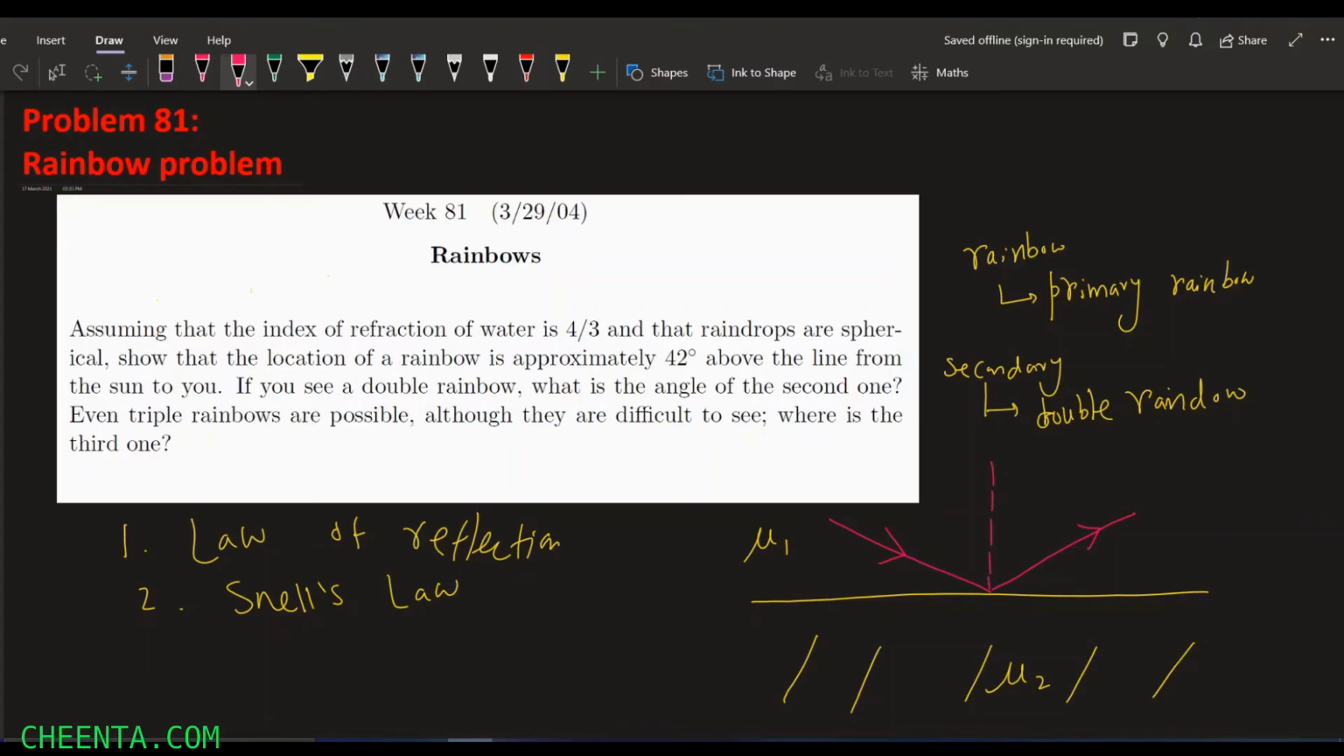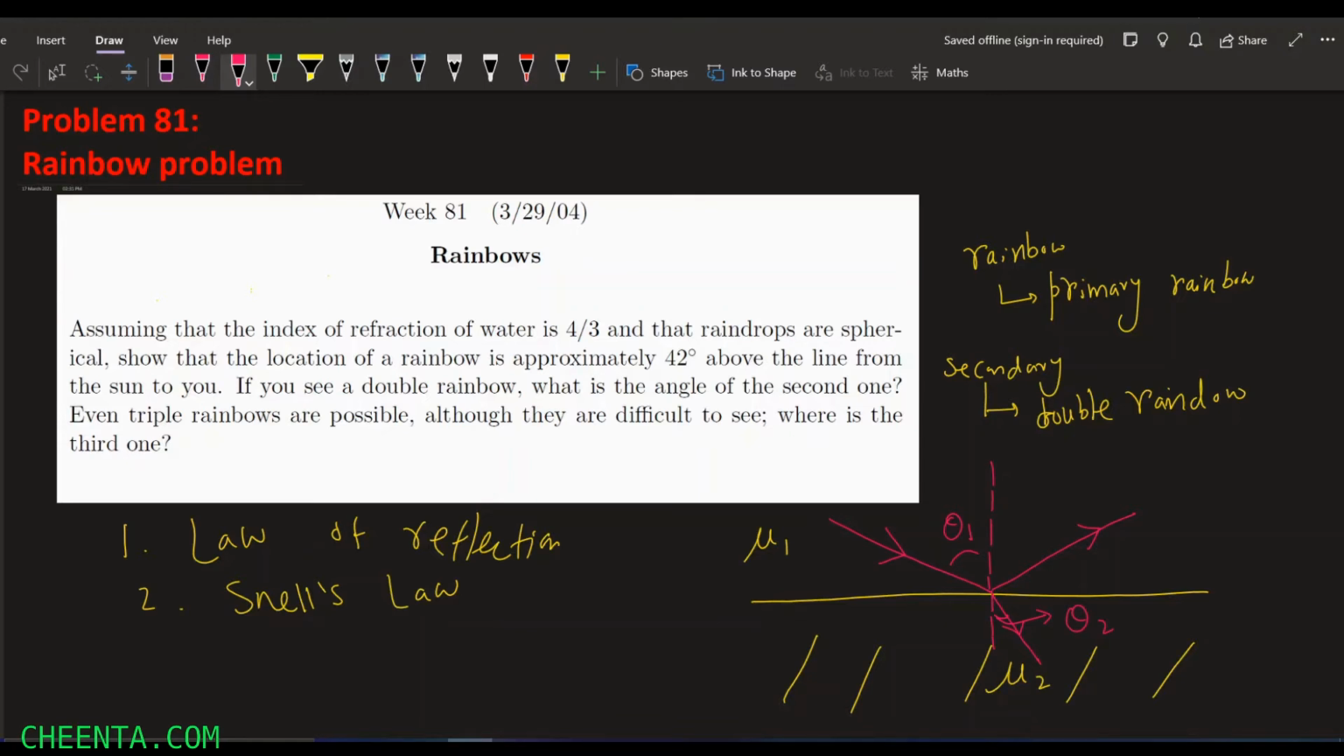Now the total light which comes from the incident ray will not be reflected. Some of it will go inside the other medium with a different refractive index, and that light is referred to as refracted light. If the incident ray is making an angle of theta1 with respect to the perpendicular and the refracted light is making an angle of theta2 with respect to the perpendicular,